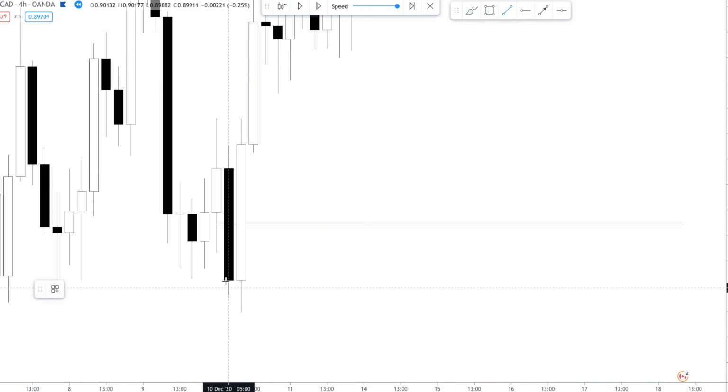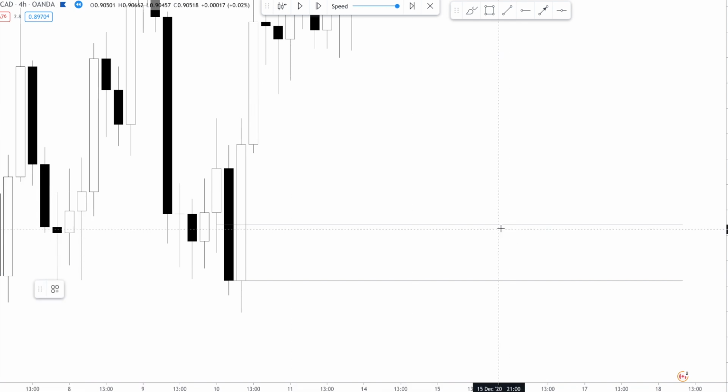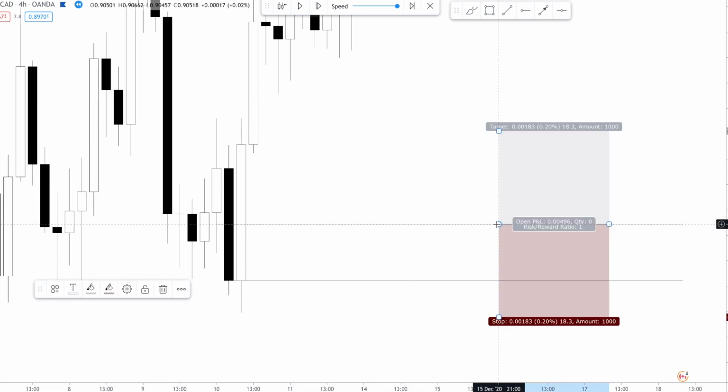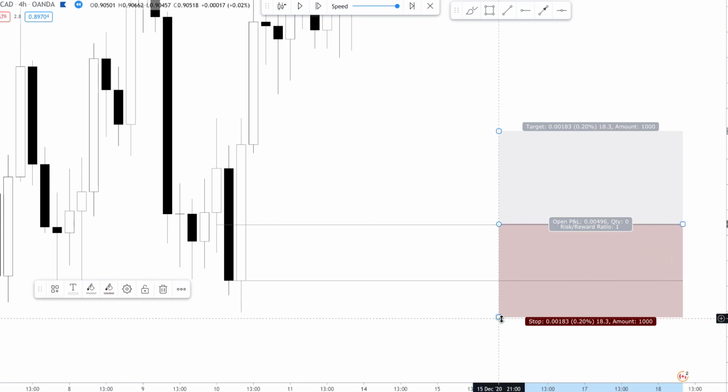Now with an order block, my stop loss would be below the body. Now you can use the wick, but on a higher time frame, the body is more than enough. Okay, so now I'm going to get my risk to reward tool, and I'm going to drop it exactly on the entry and then move my stop loss. Now, once I drag it up, I get